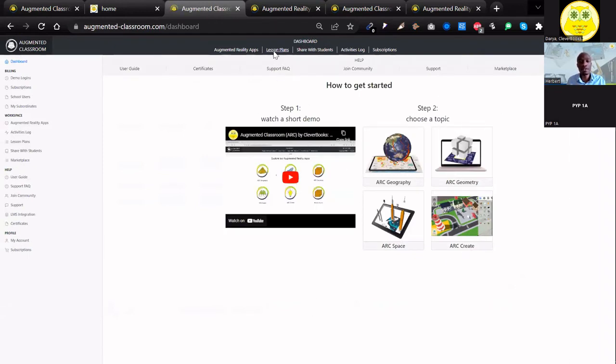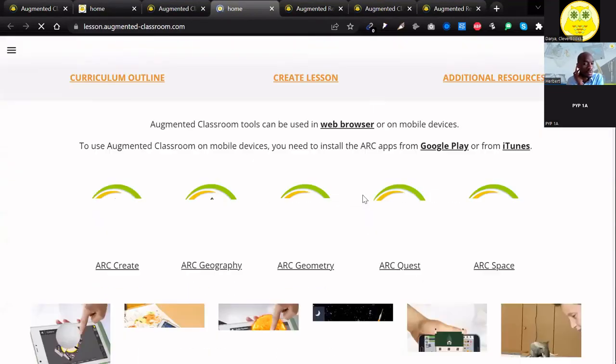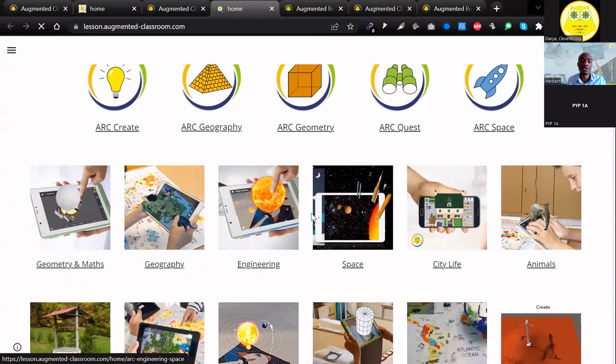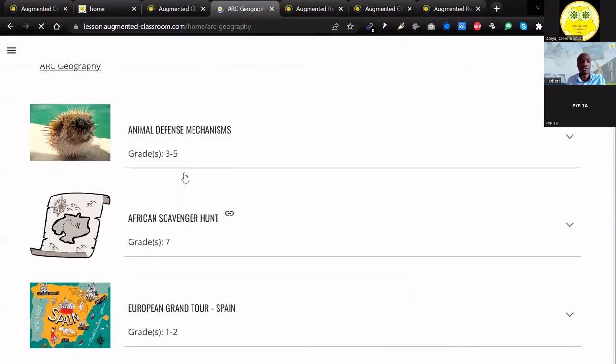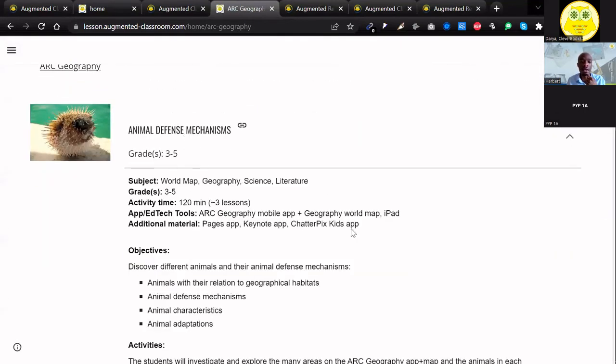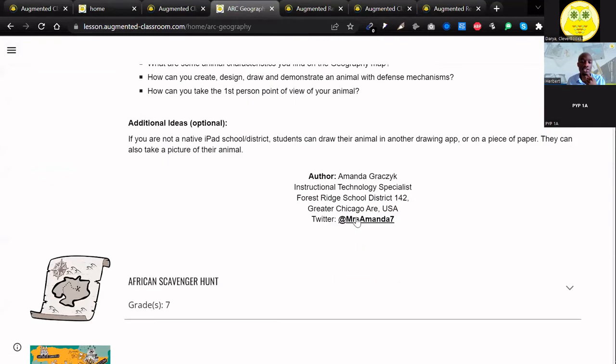What's going to happen is you're going to get the lesson plan immediately in your email. But a few days after we've reviewed it, we're also going to publish it in a space like this here. For example, if you look at this lesson plan about animals, this was also created by a teacher. You can see it was created by Miss Amanda, from schools in the USA.